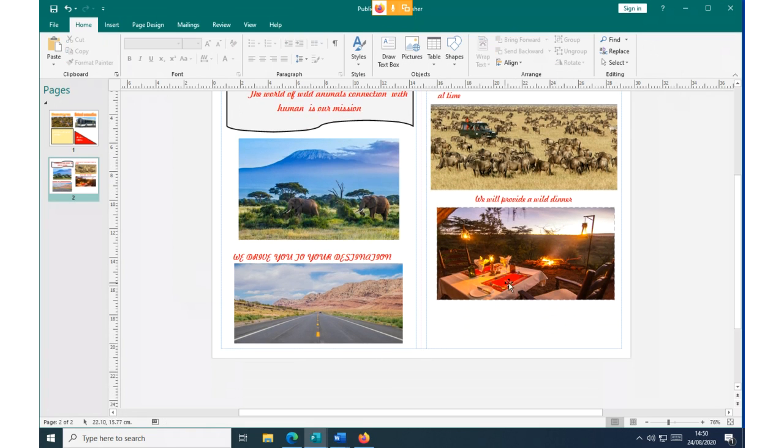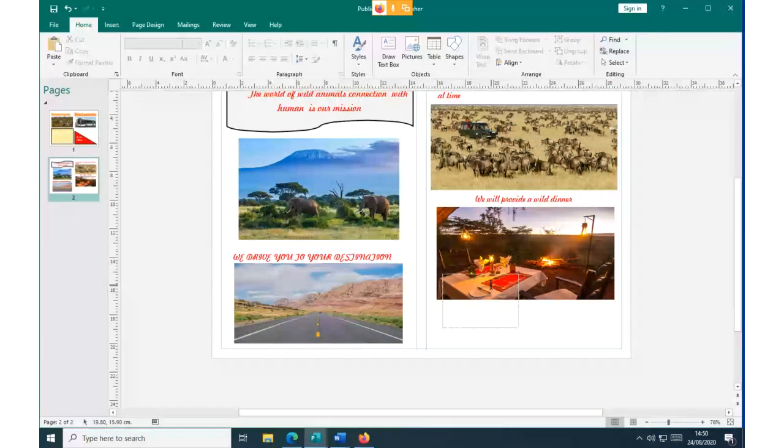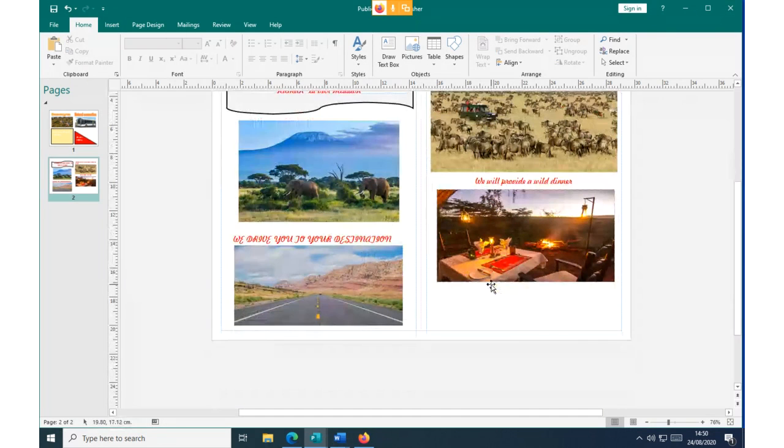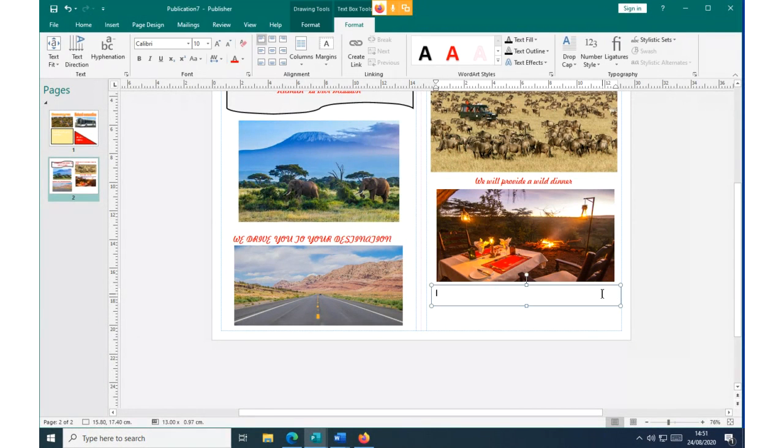Then lastly, maybe we can put something small here. This space that is appearing here, we can now put something else by again using the text box. So we click and insert another text box, and maybe we say, and then finally we give you a good sleep.